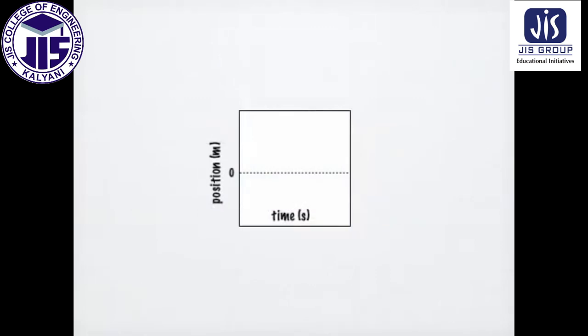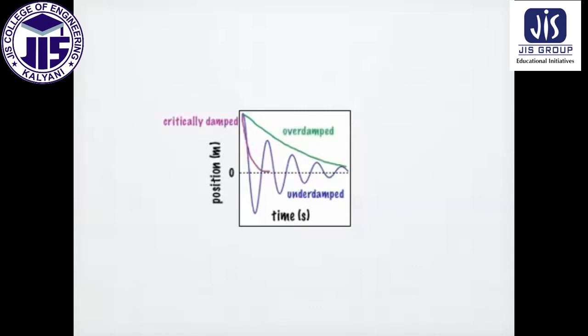In damped harmonic motion, the smallest amount of damping that will bring the oscillator back to equilibrium is called the critical damping. When the amount of damping in a system is less than the critical damping value, the motion is underdamped. And when the amount of damping is greater than the critical value, the system is overdamped. As you can see, a system takes the longest amount of time to reach equilibrium when it is overdamped. There are many mechanisms and forces that we will talk about that can contribute to damping in an oscillating system.